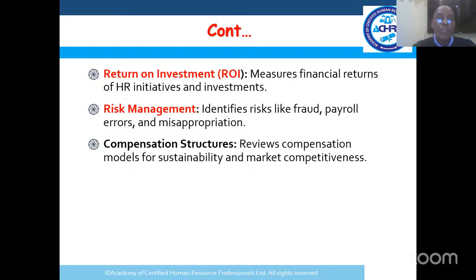The other aspect, which is an objective of HR, is risk management. There are many risks associated with HR. I've mentioned about 4. One is fraud, the other one is payroll errors, where there are ghost workers, and then misappropriation. There are other risk factors associated with HR, one of which is high levels of turnover. That if our systems are not working, there's a possibility of employees exiting through voluntary resignations. If many employees leave, we shall experience what they call knowledge drain